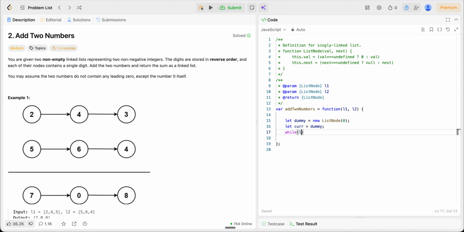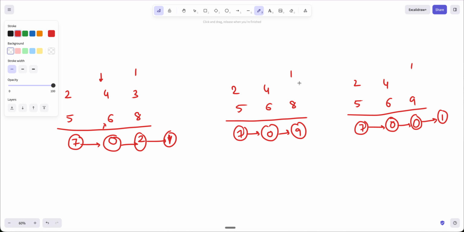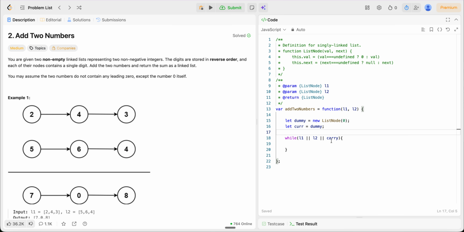So we have two lists, L1 or L2, or carry. So we also have to have a carry, right? Even in this case where we just had a carry value here, we had to create a new node. So we also have to ensure that we handle the carry here. So carry initially will be 0, and now in this case we have to find the sum